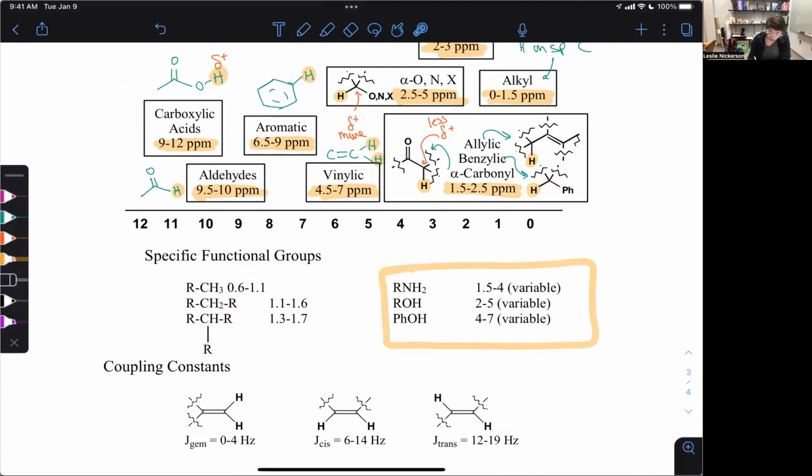So you'll actually see a lot of variation in where those peaks show up, even from the same sample taken on different days. Okay, so the OH peaks, the NH peaks, finding those more transient protons is a little bit harder. Because there's a lot of switching between hydrogen and the deuterium that's in your solvent,